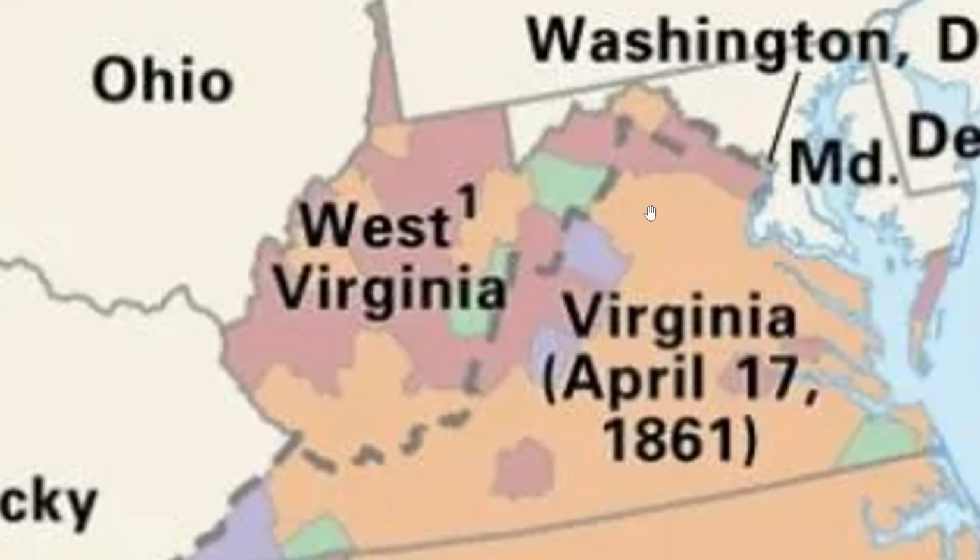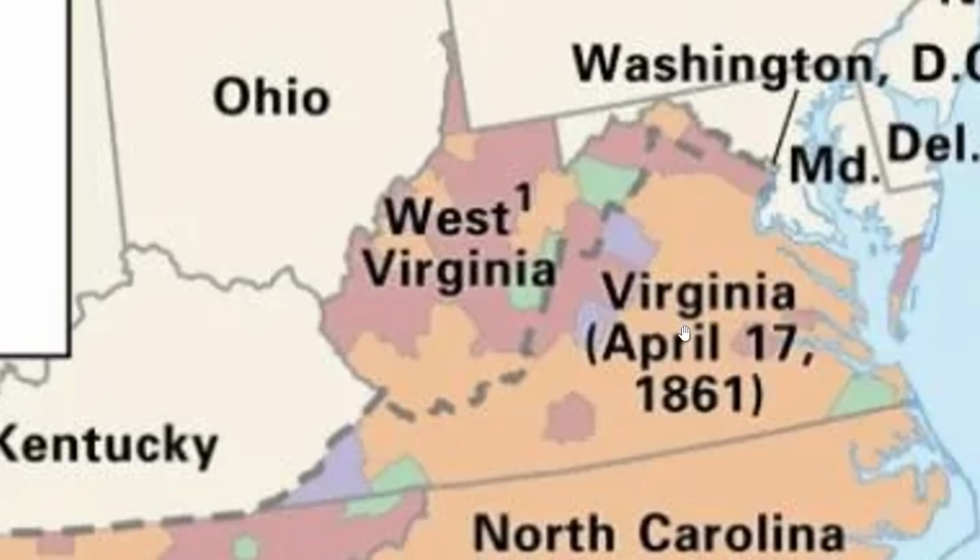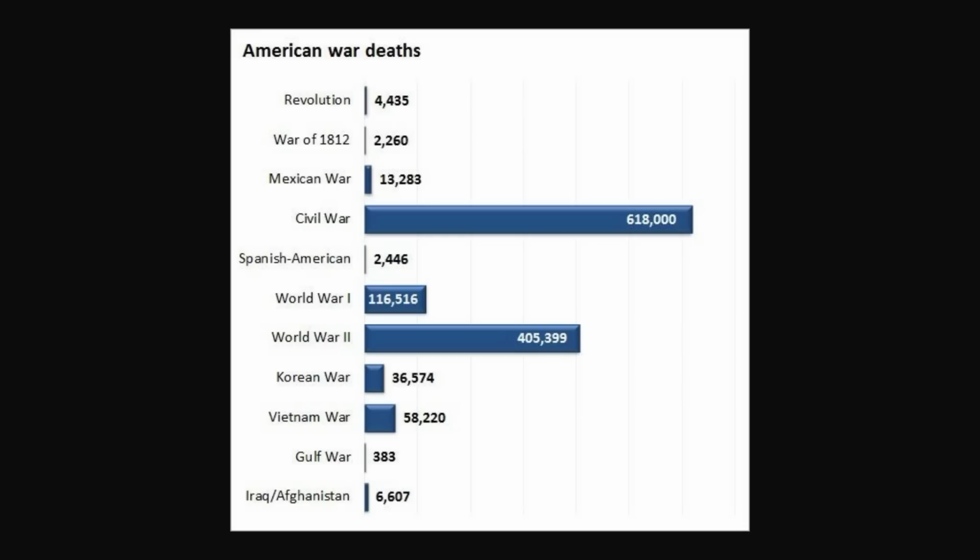The most interesting part of this map though is West Virginia, which was of course at that time just Virginia. West Virginia ultimately got their independence in 1863, like 2 years after those votes. And this is why the people were very against secession. I just want to add, the U.S. Civil War ultimately had more Americans die in it than all the other wars. Of course, that was because it was Americans versus Americans. And I believe you can add up every single other war and it still wouldn't beat out Civil War casualties.